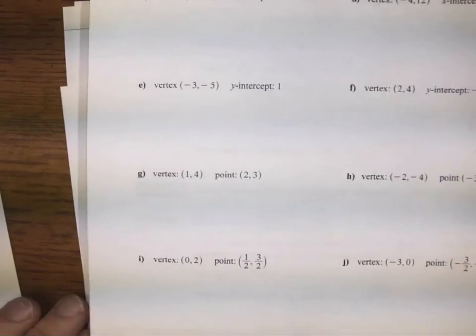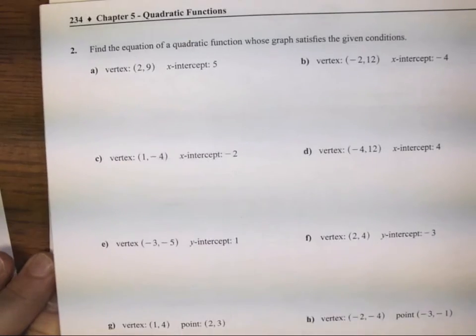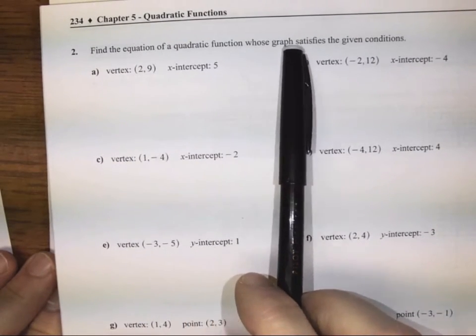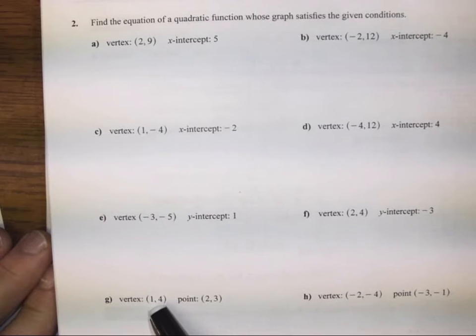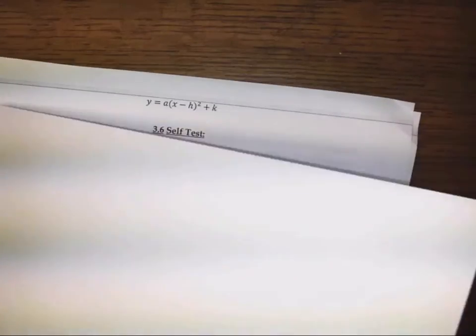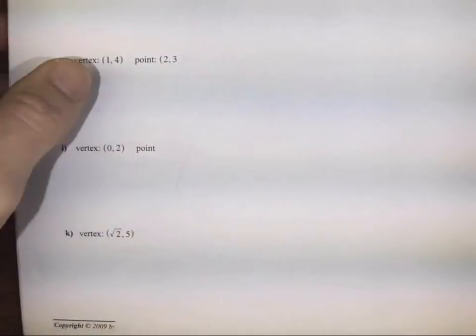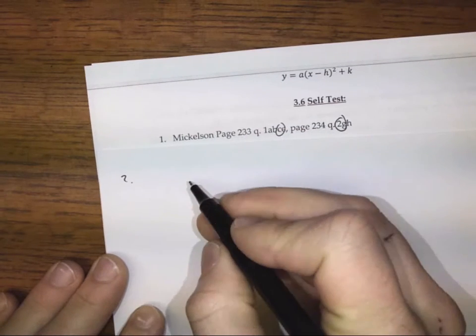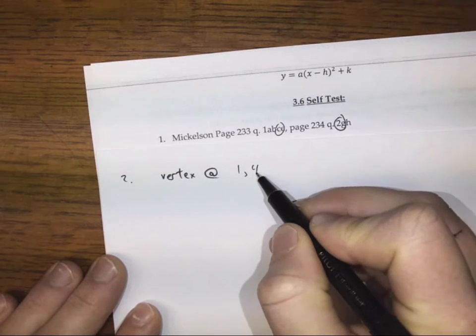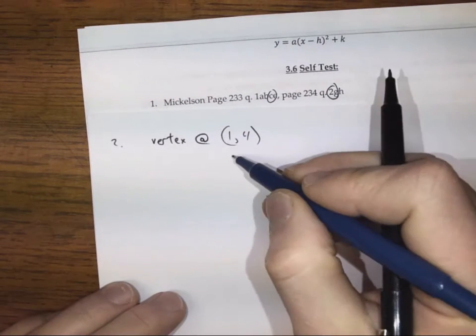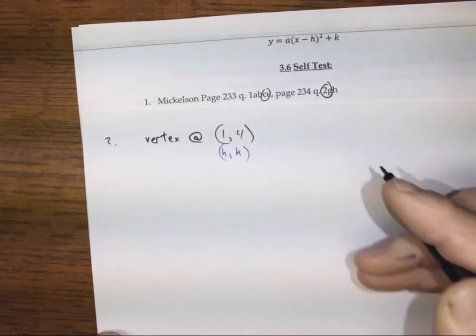So 2g, again, asks us to find the equation of the quadratic function that satisfies the given conditions. So we're going to find the equation of a parabola that has a vertex at (1, 4) and passes through a point (2, 3). So let's try that here. Question 2, we know we have a vertex at (1, 4), and that, of course, is our h and our k value, right? And we know it passes through the point